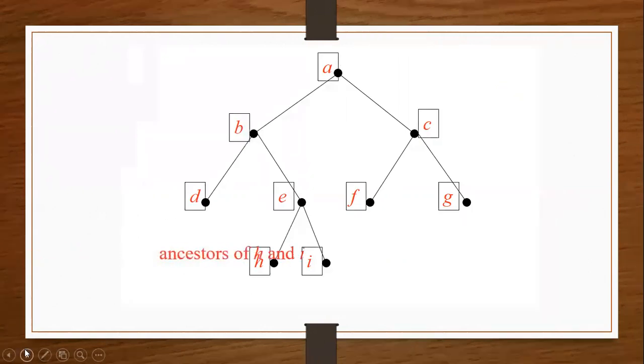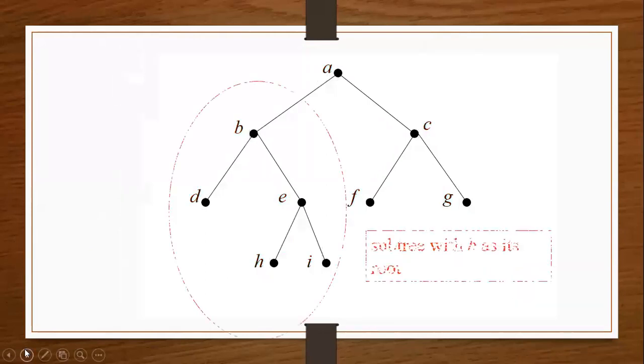Now after that, who are the ancestors of H and I? Ancestors of H and I will be E, B and A. Okay. Now next,